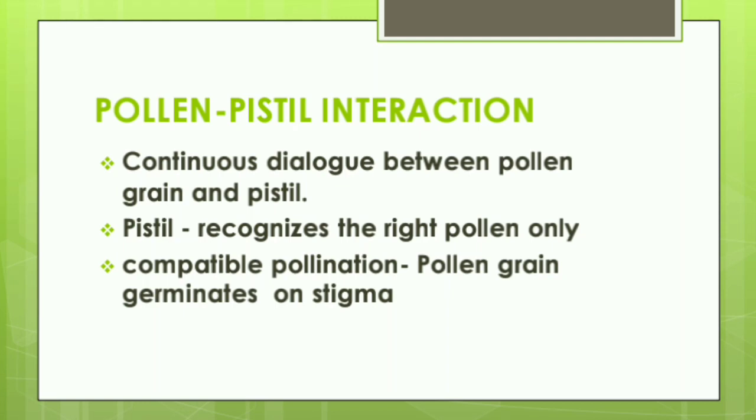So all these events from pollen deposition on the stigma until the pollen tube enters the ovule are together referred to as pollen-pistil interaction. Okay. Remember, it's a very dynamic process involving pollen recognition followed by the promotion or inhibition of the pollen. The knowledge gained in this area would help the plant breeders in manipulating pollen-pistil interaction, even in incompatible pollination, to get the desired hybrid.